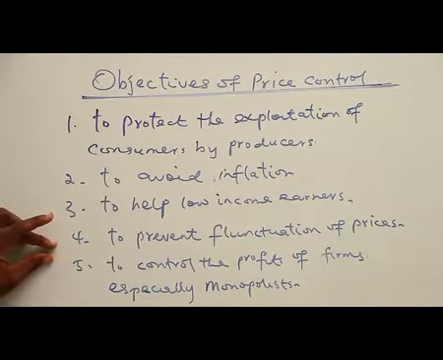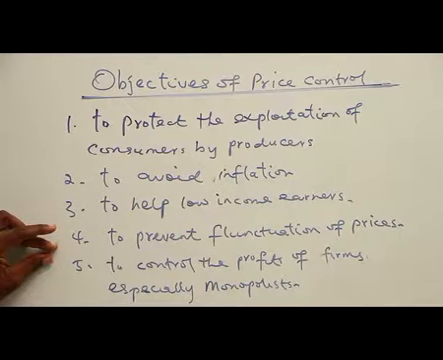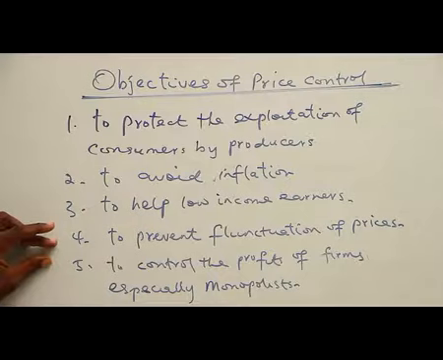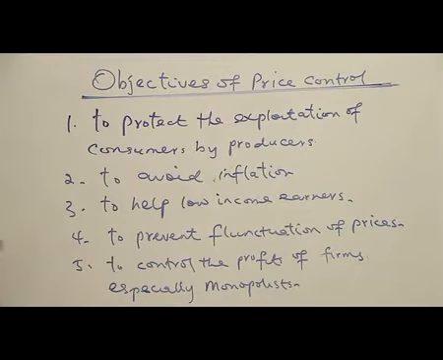The next one, to prevent fluctuation of prices. That is, in order to see that the economy is stable, and once the economy is stable, it will ensure prices of commodities being stable without an unnecessary increase in prices of goods and services in an economy. So government tries to put control on prices in order to prevent fluctuation of prices. Then the last one,